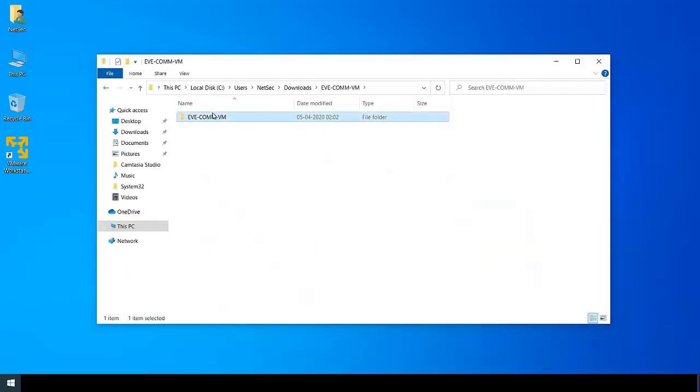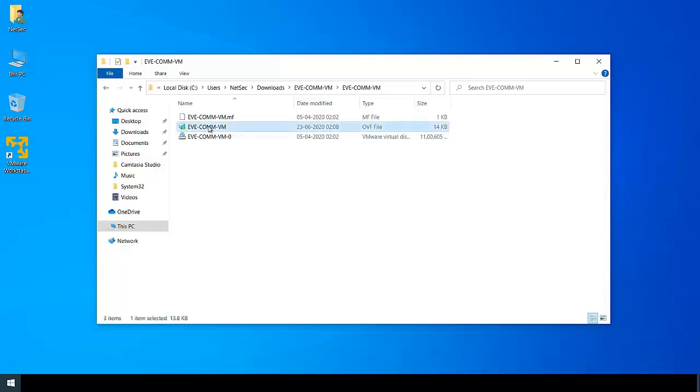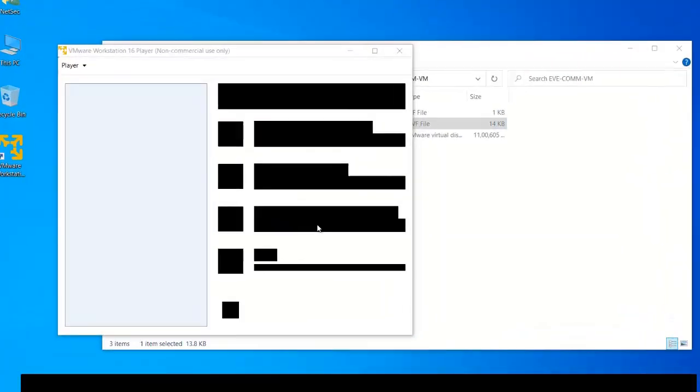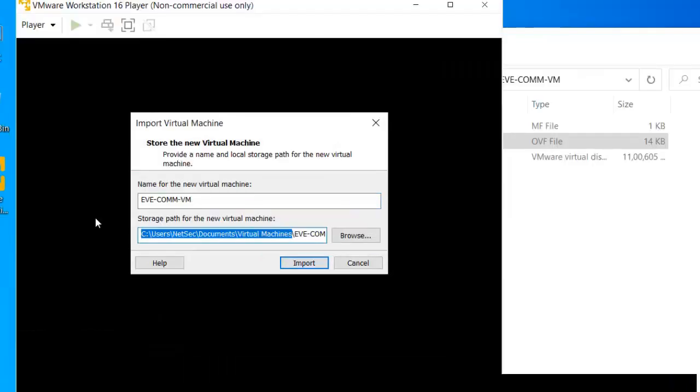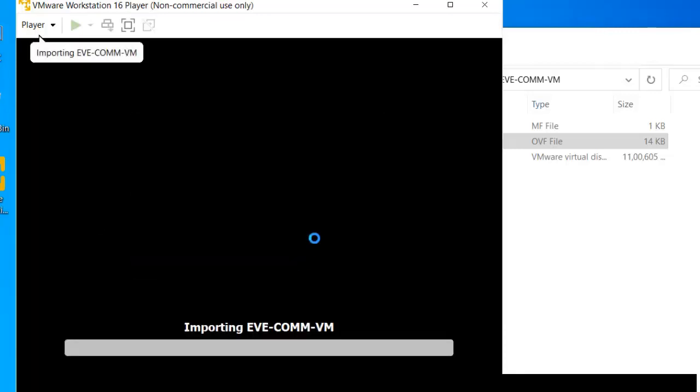Now let's start with the installation of EVE. For installation you just need to go to the EVE folder, and there will be an OVA file. Just double click on that file. It will automatically open in VMware, where you need to set the path where you want to install the EVE. I will be using my D drive to install the EVE.